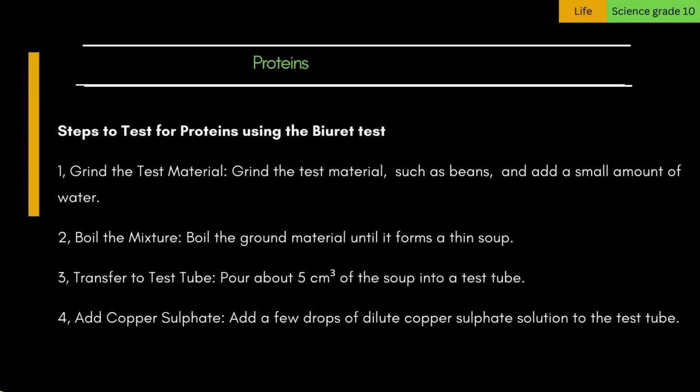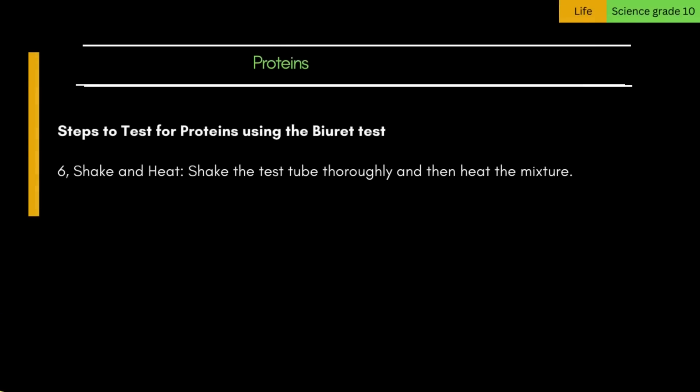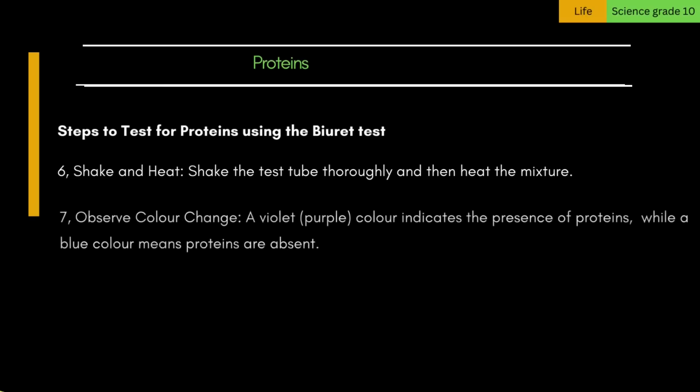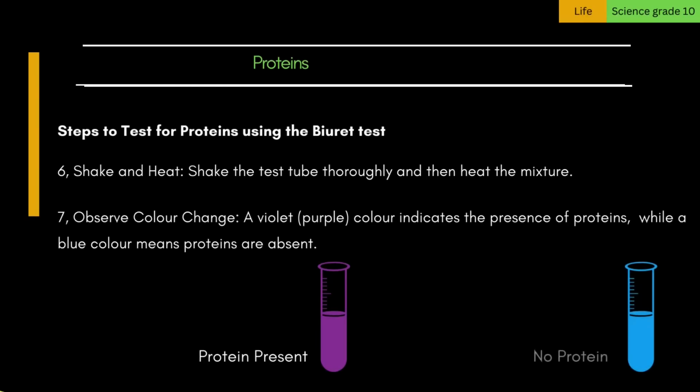4. Add copper sulfate. Add a few drops of dilute copper sulfate solution to the test tube. 5. Add sodium hydroxide. Add 5 cubic centimeters of sodium hydroxide solution to the mixture. 6. Shake and heat. Shake the test tube thoroughly and then heat the mixture. 7. Observe color change. A violet, purple color indicates the presence of proteins, while a blue color means proteins are